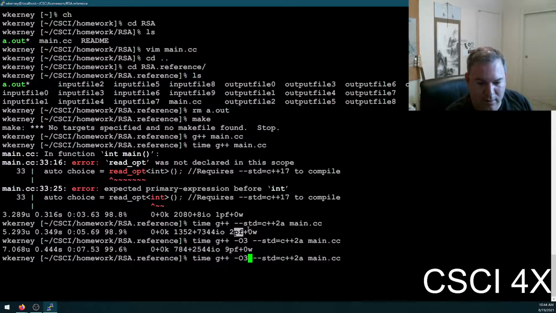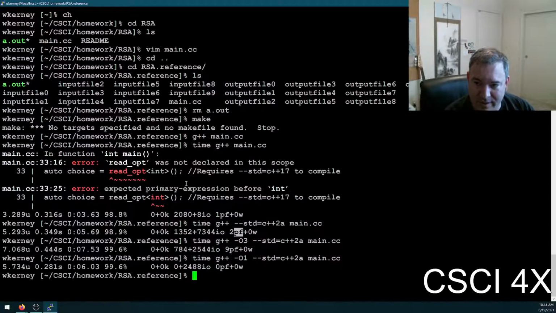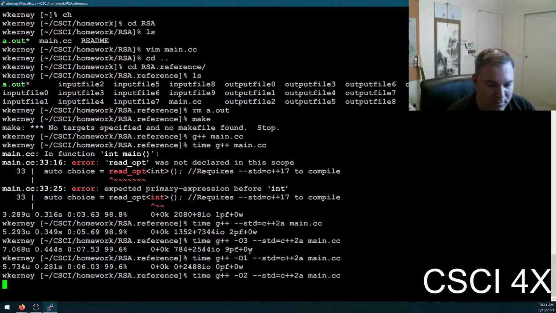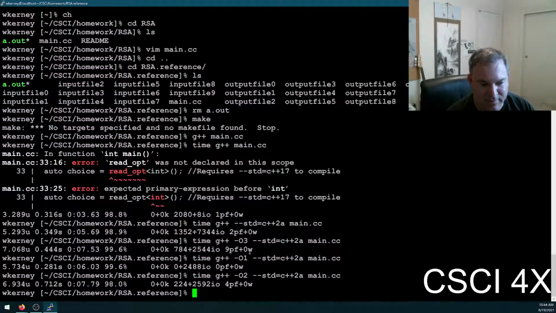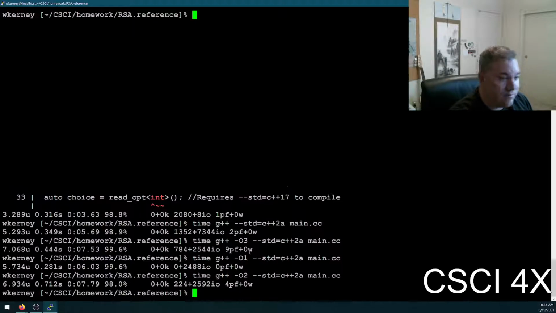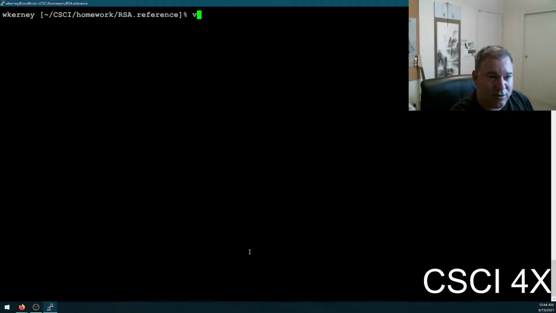Let's try it with -O1. Let's see how that goes. So the higher levels of optimization settings can slow down your compile time. Yeah, so with -O1 it went from 5.2 to 5.7. Right? And just for sake of completeness, let's compile it with -O2. 7 seconds as well. Okay. Yeah. Okay, so we are going to be using something called the Boost Multiprecision